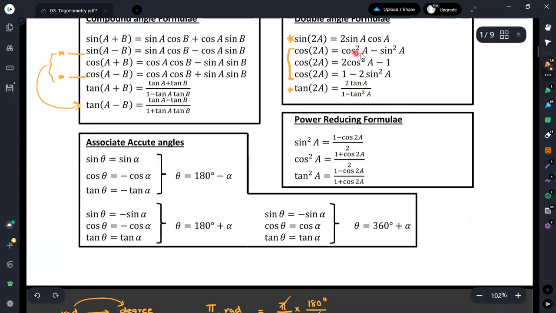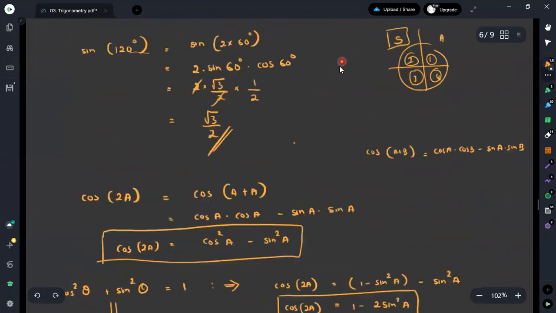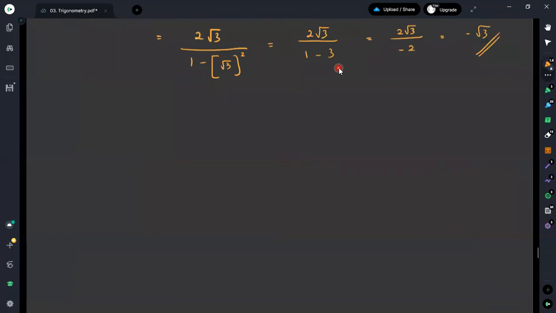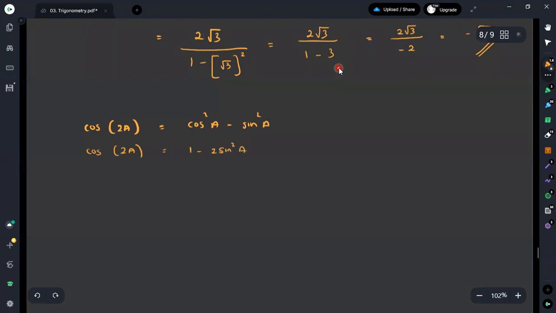We are using the functions that we have obtained for cosine 2 times A. According to the equations we have, we know that cosine 2A was written as cosine squared A minus sine squared A. The next way is cosine 2A written as 1 minus 2 times sine squared A, and the third method was 2 times cosine squared A minus 1. Therefore, these are the three ways that we have identified.